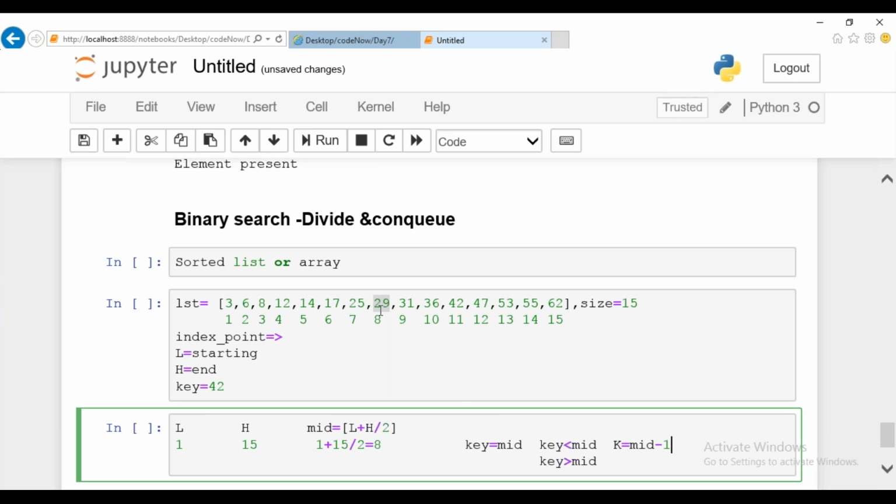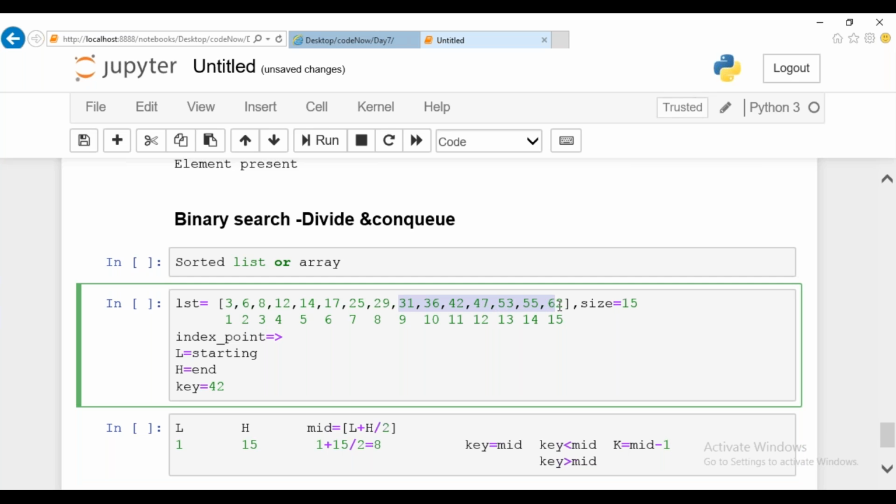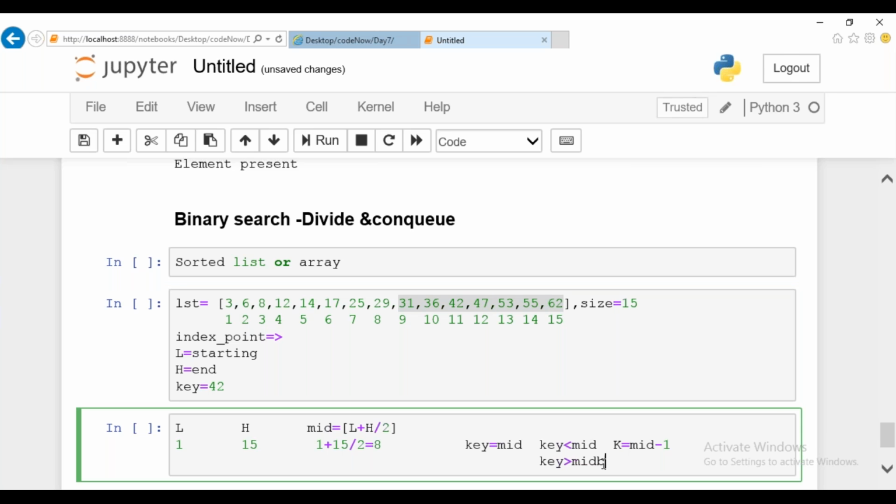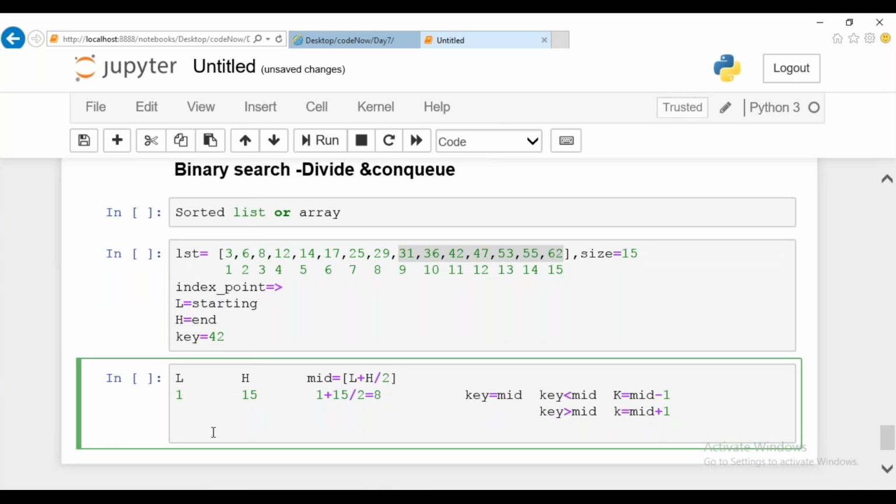If your key value is greater than your mid value, it determines that whatever value you are searching for will be in the next half. After finding the mid value, I check whether it is equal; it is not equal. If the value is greater, whatever you are searching for will be in the next half for sure, because this particular list is a sorted list. So in those cases you check the next range, with the lower bound mentioned as mid plus 1.